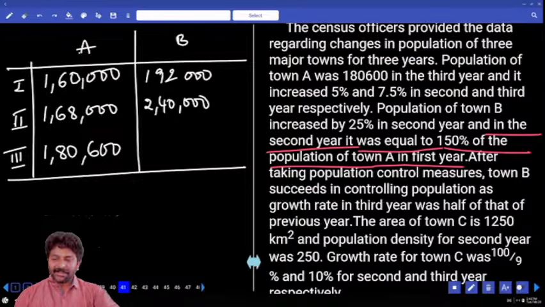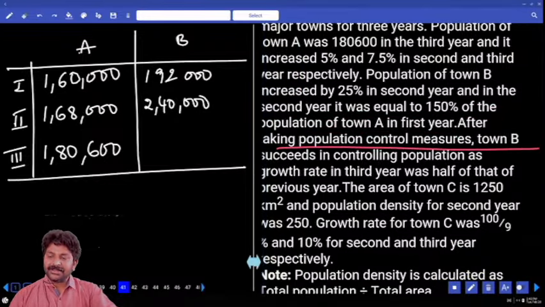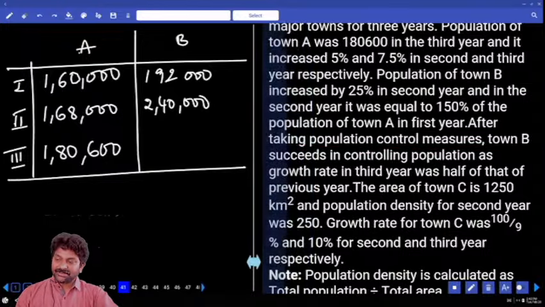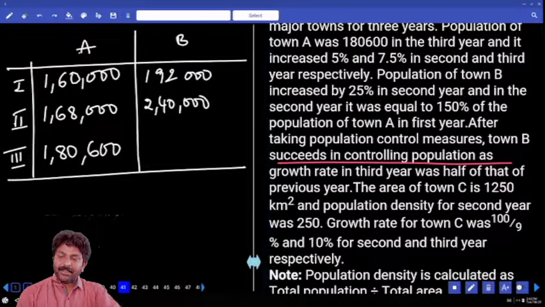Perfect. First year data is also there. Continue. After taking population control measures, town B succeeded in controlling population growth rate and then